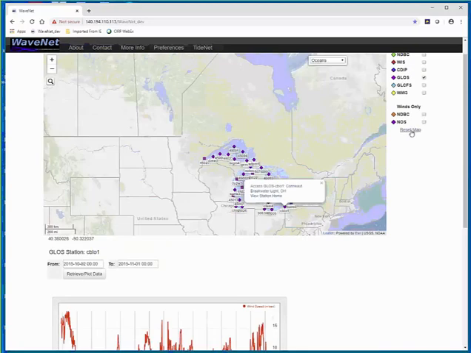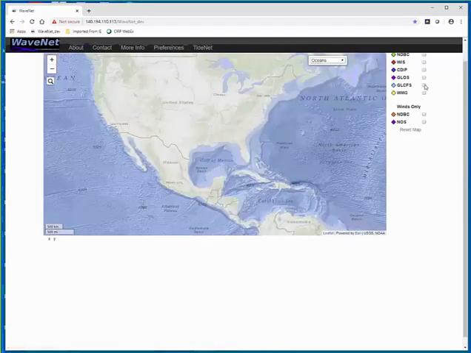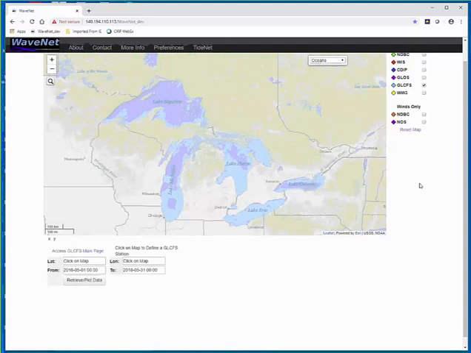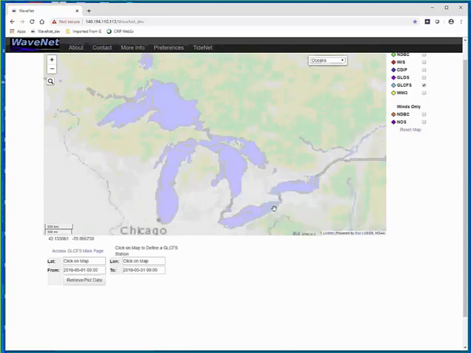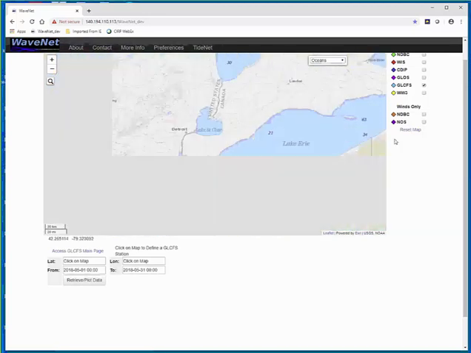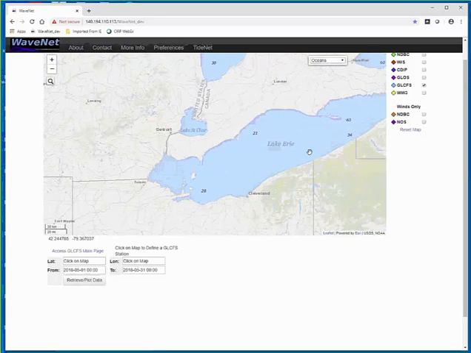So I'm going to reset and then go to GLCFS. GLCFS is the Great Lakes Forecasting System. So in any of the lakes, we can go there and let's say our current site is somewhere, let's say Ashtabula Harbor, and if I click there's a destination and then I can go get whatever wave information may be available there.